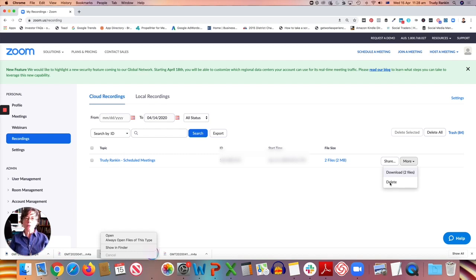The last thing that you need to do, of course, once you've downloaded your files, is put them wherever you need to put them so that the people you want to share them with can access them. So you may choose to share them on Dropbox or Google Drive, or you might upload them to YouTube or Facebook or LinkedIn or Vimeo, or wherever it is you're going to put that video. Just go ahead and upload it to that and then share that link with people so that they know where to access your pre-recorded webinar. You may even choose to put it on your website, wherever it's appropriate for you.